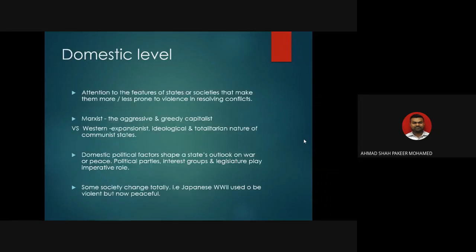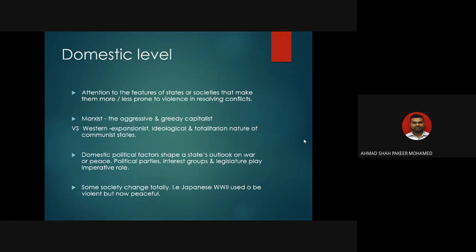Okay, next will be the domestic level. At the domestic level, the area is bigger. For example, attention to the pressure features of the state or society that makes them more or less prone to violence in resolving conflict. For example, in terms of Marxist theory,